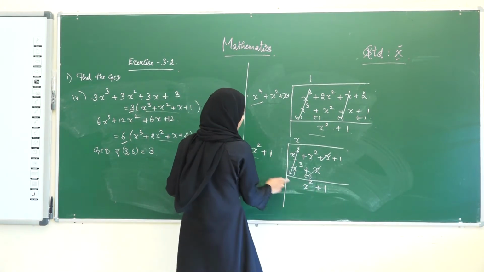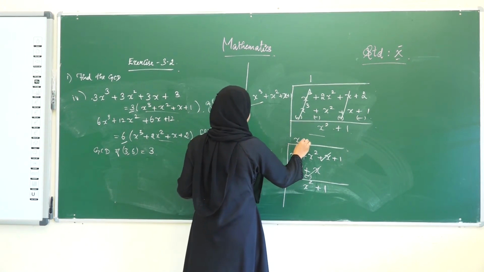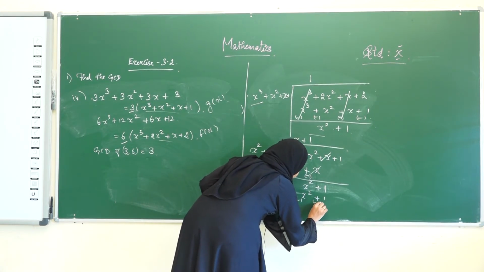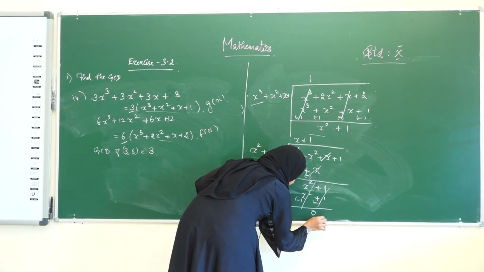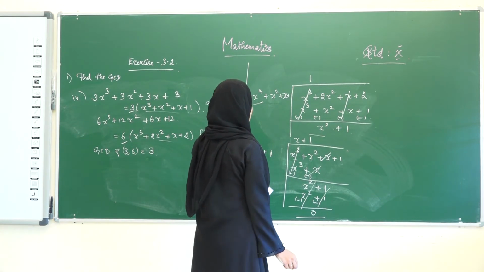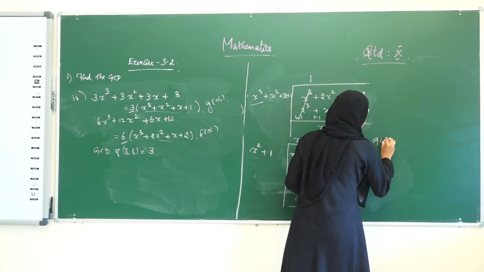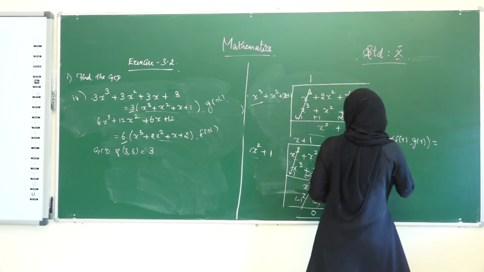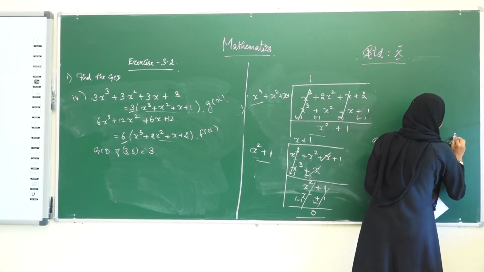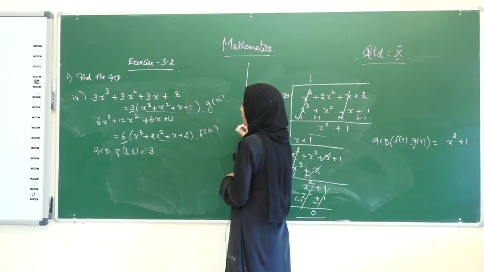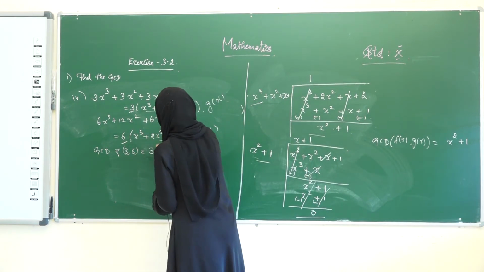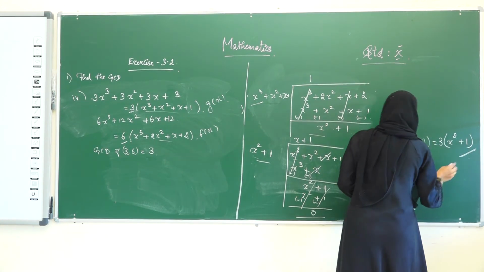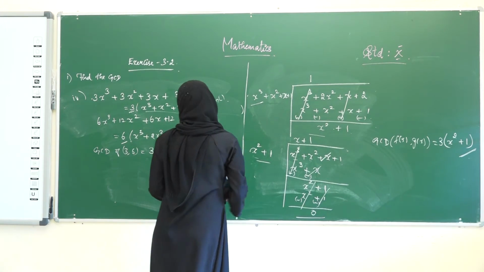Okay. See the first term, here it is x square, here it is also x square. Therefore, we are multiplying this with 1. What do we get? X square plus 1. On changing the sign, this term gets cancelled. Therefore, the remainder will be 0. So, the GCD of the given polynomials f of x and g of x is this term, x square plus 1. But we have forgotten something, right? We took the GCD of the coefficients 3 and 6, that is 3. Therefore, we have to add that too, that is 3 into x square plus 1 is the GCD of the given polynomials. Okay.